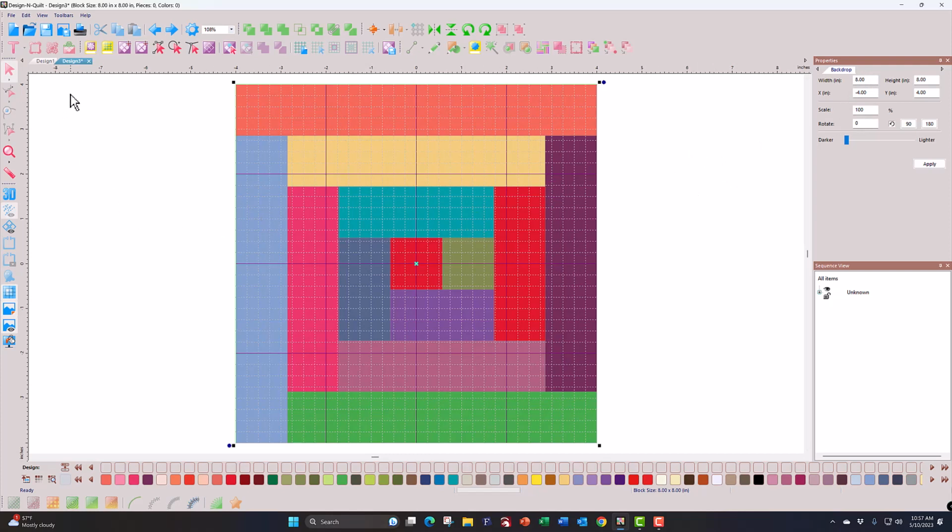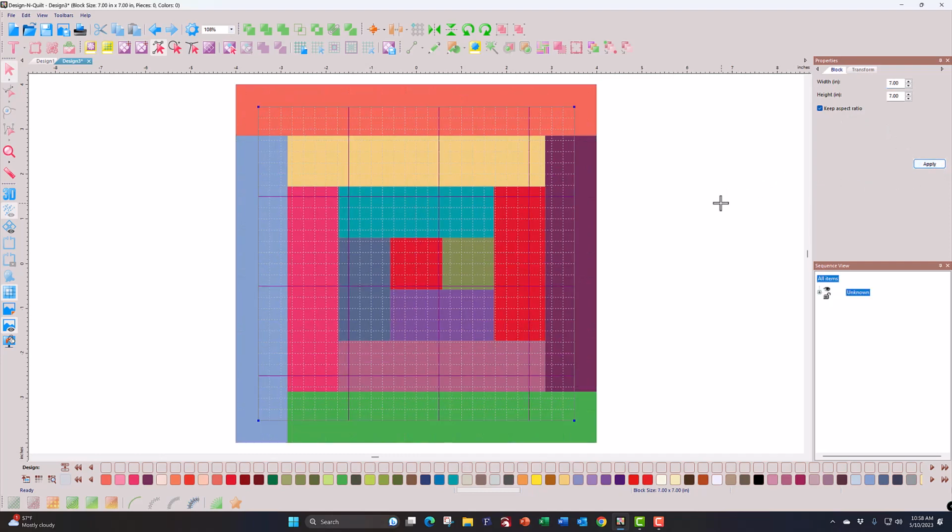So I'm going to come up here to my block line tool, which adds a block line, and that's going to get us out of backdrop mode and get us back into block mode. And what I want to do is change my width to 7 by 7. So let me just change 7, and I've got keep aspect ratio checked, so that's going to work. And if I click apply, now I've got it 7 by 7,